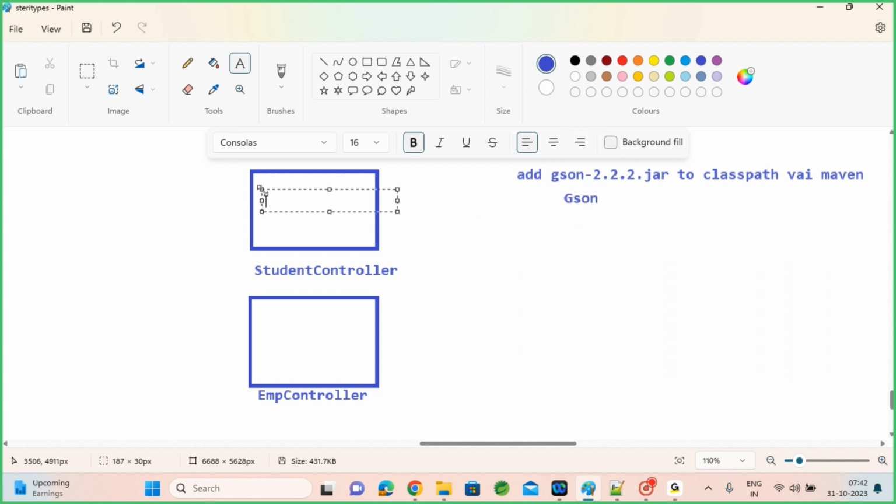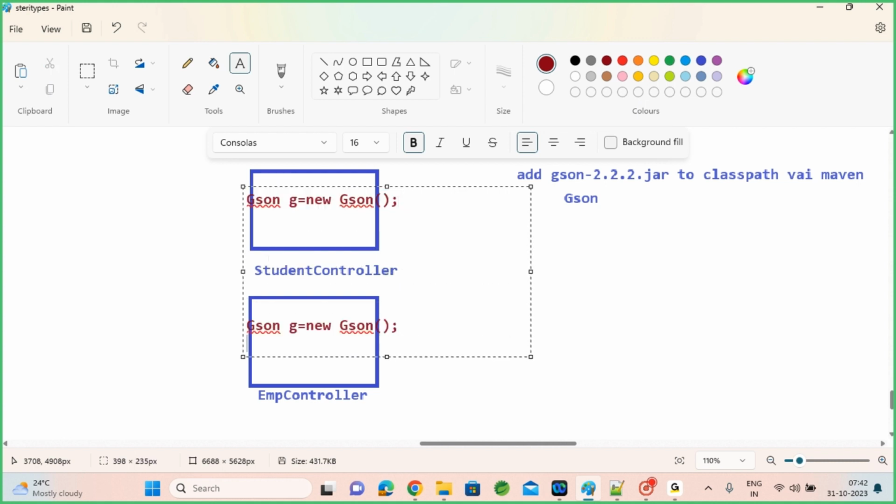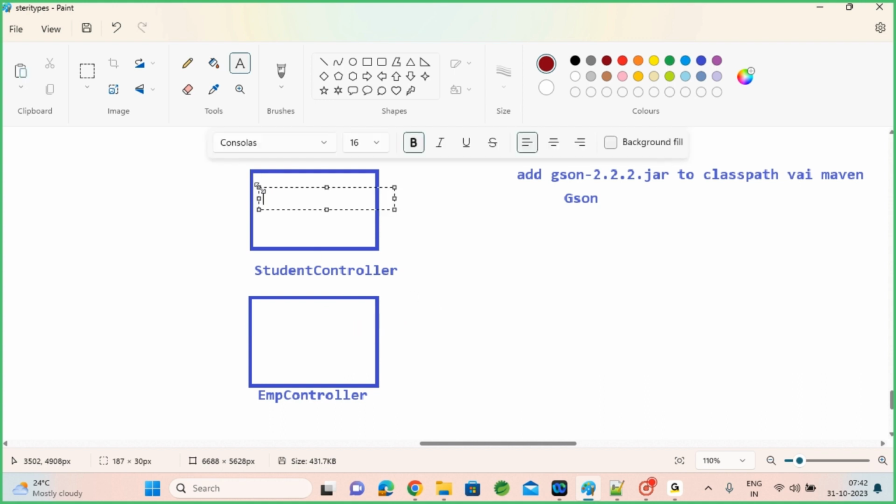Now I want to use that Gson here. I want to autowire it. Otherwise I want that Gson object everywhere in my controllers. To do the JSON to object conversion throughout my controllers, I need that object. One way is you can create the object directly and utilize it. But these objects are going to be prototype. If you create a new object every time, they will be prototype. Instead, if you want to autowire them,